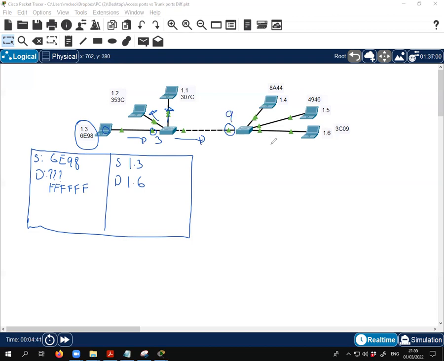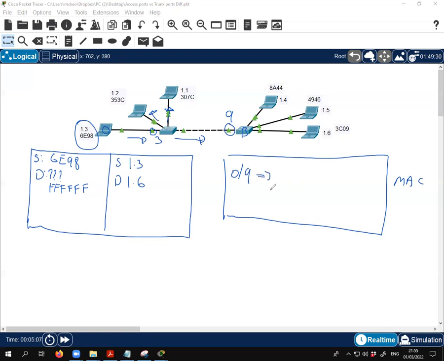This frame comes into, let's say this is port number 9. I don't know what port this is. This frame will come into switch B on port number 9. Switch B says, I've received this frame coming into me on port number 9. What will switch B put down in its MAC address table? Switches update the MAC address table based on the source MAC address of the incoming frame, which in this case